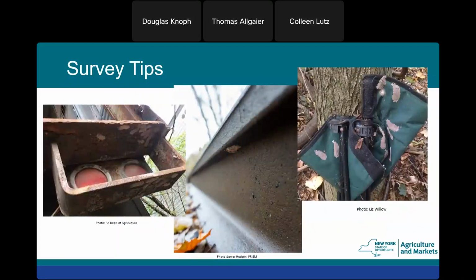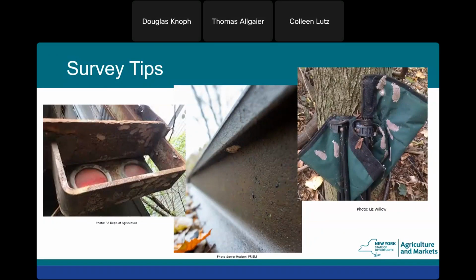Again, rusty metal, especially on things that move. Like this tractor trailer, nothing you could see without craning your neck around and looking on the underside of that taillight housing. The underside of the taillight housing is covered with egg masses. However, the rest of the tractor trailer was free of egg masses, but that protected area underneath had quite a few egg masses. Again, railroad tracks, the underside of the railroad track, very hard to detect.